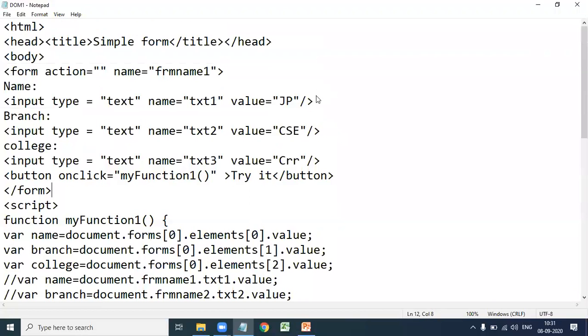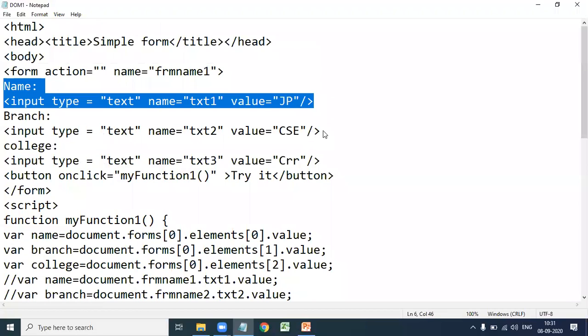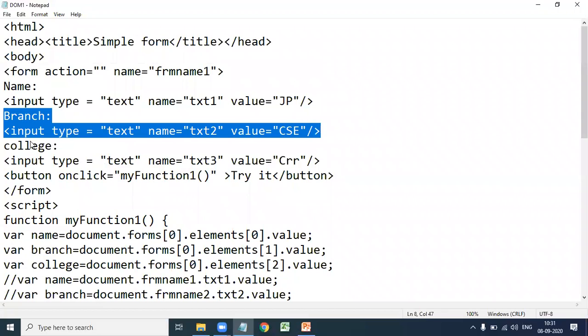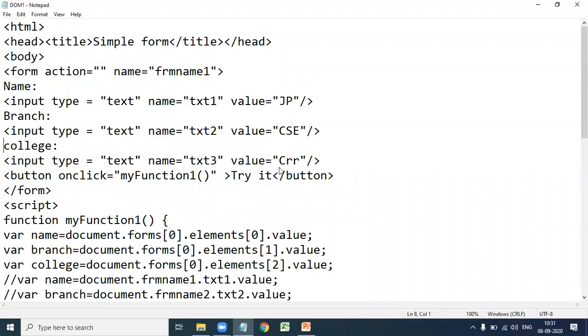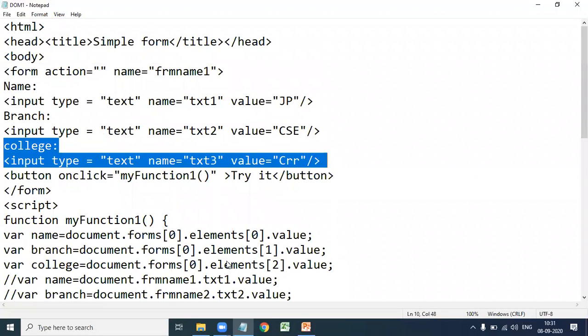So your first element is the name. Second element is the branch. That is the second text box. Next, college, that is the third text box, elements of two. Dot value means the value in the third element in the form in the HTML document.